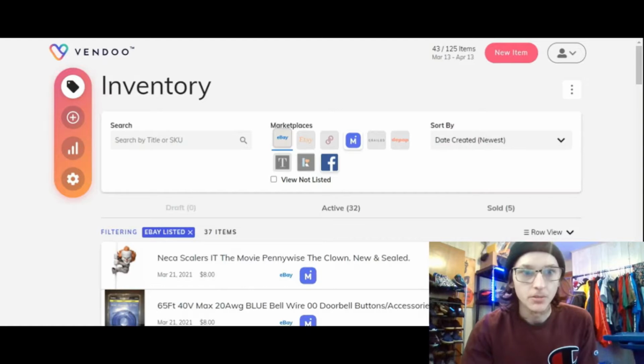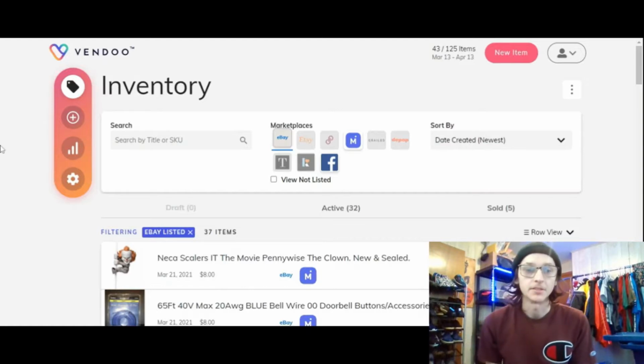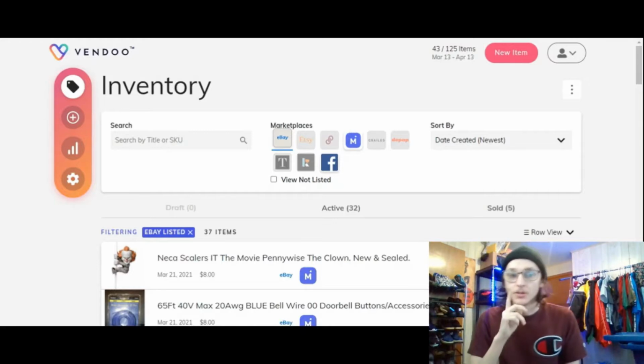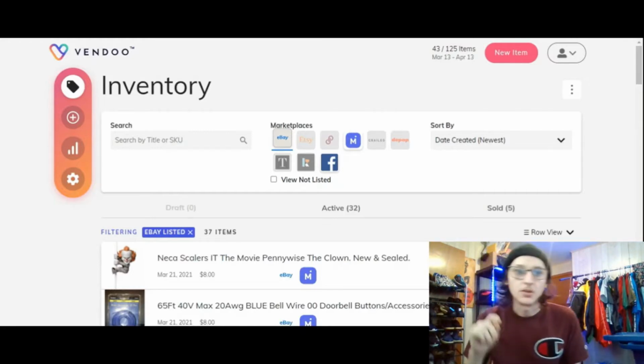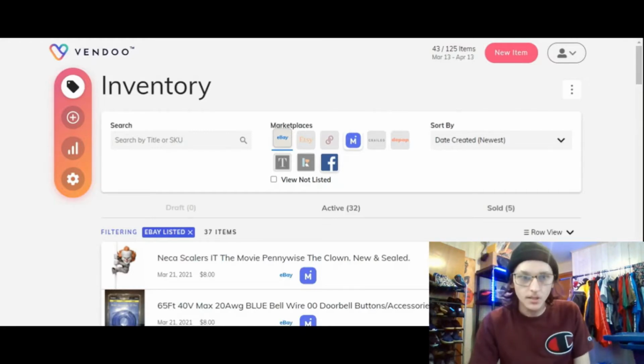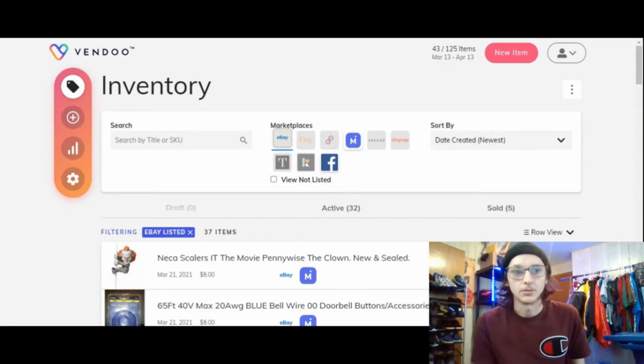First thing you're going to want to do is go to Google and type in Vendoo. Make sure you click the one that is vendoo.co, because vendoo.com is a different website. It's like a foreign website. So make sure you're clicking on the right one. Once you get on vendoo.co,